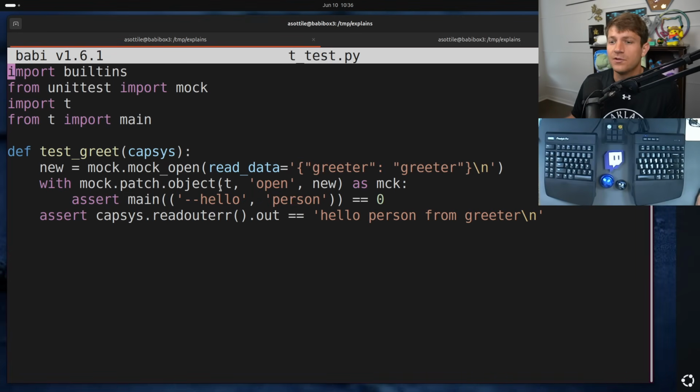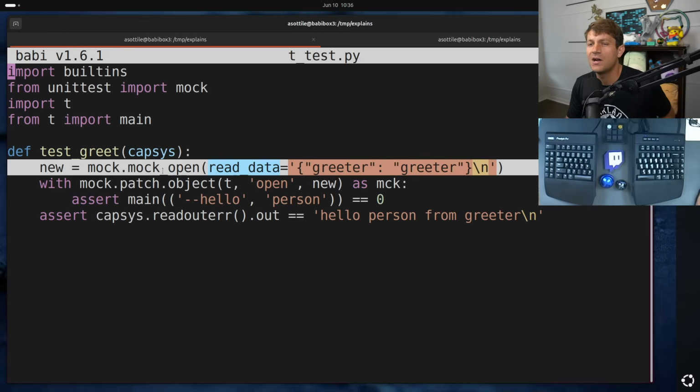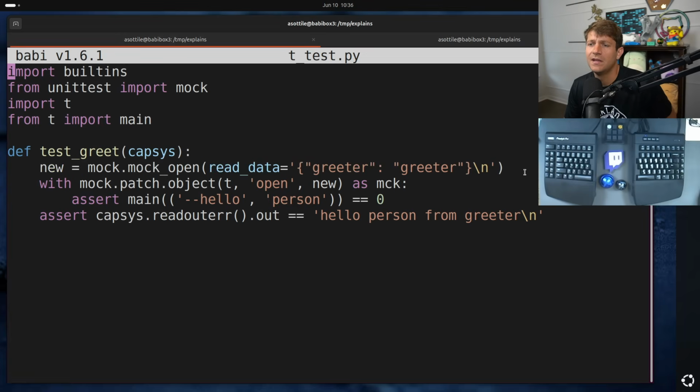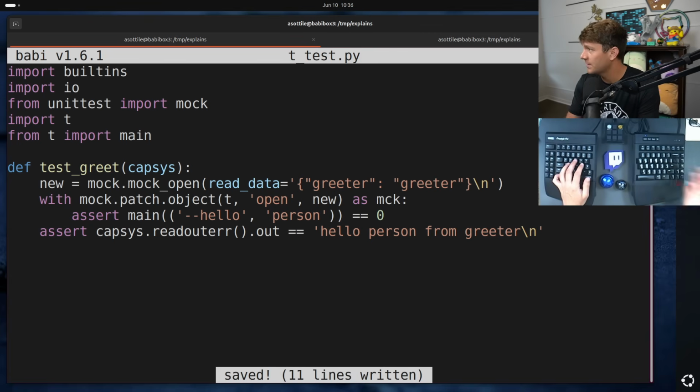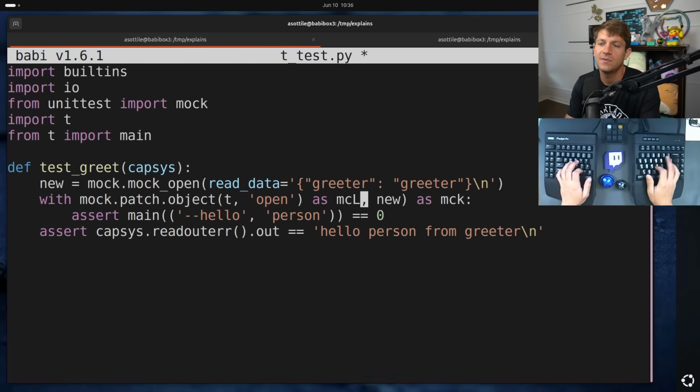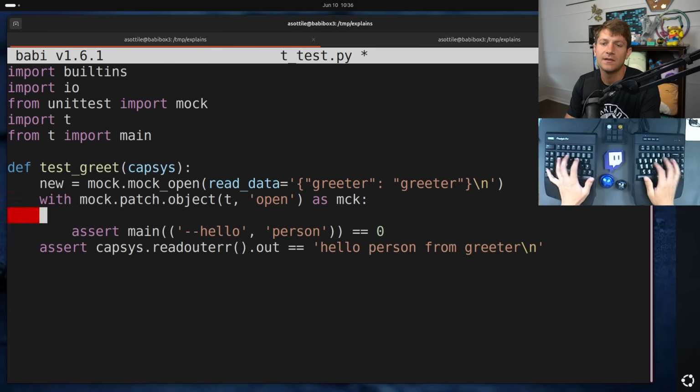One other thing that you can do, because sometimes this mock_open isn't as good as you would want it to be. For instance, I think it fails isinstance checks for IO subclasses, and it doesn't have all of the methods that a file object has, so sometimes this isn't quite what you want. But you can do sort of what you would do here, but use an actual fake string object or StringIO object instead. And so the way you would do that is do this as mock, and then say mock